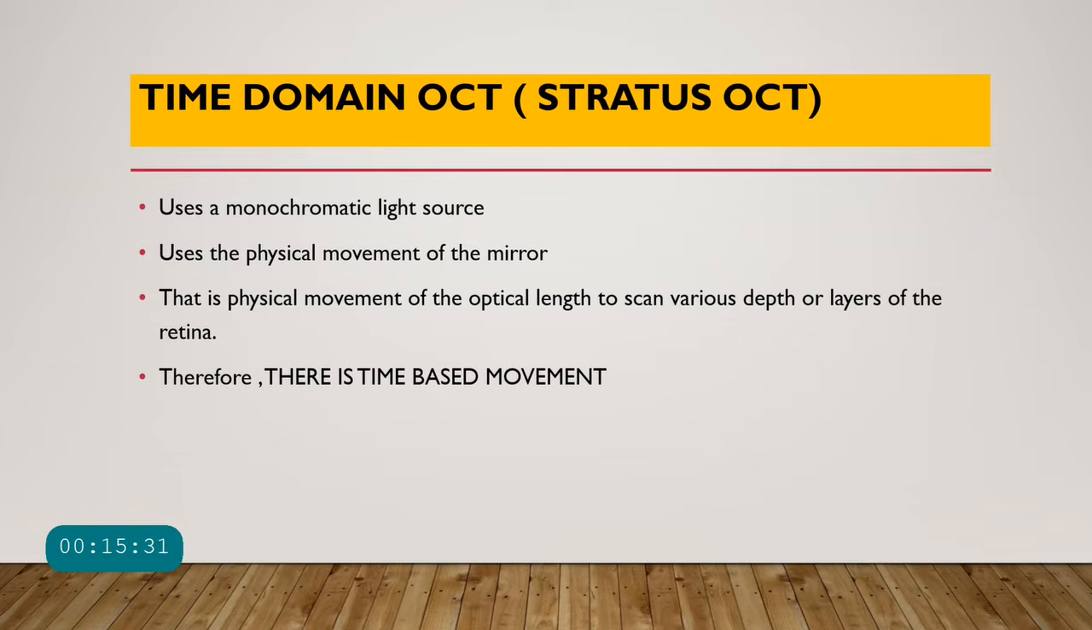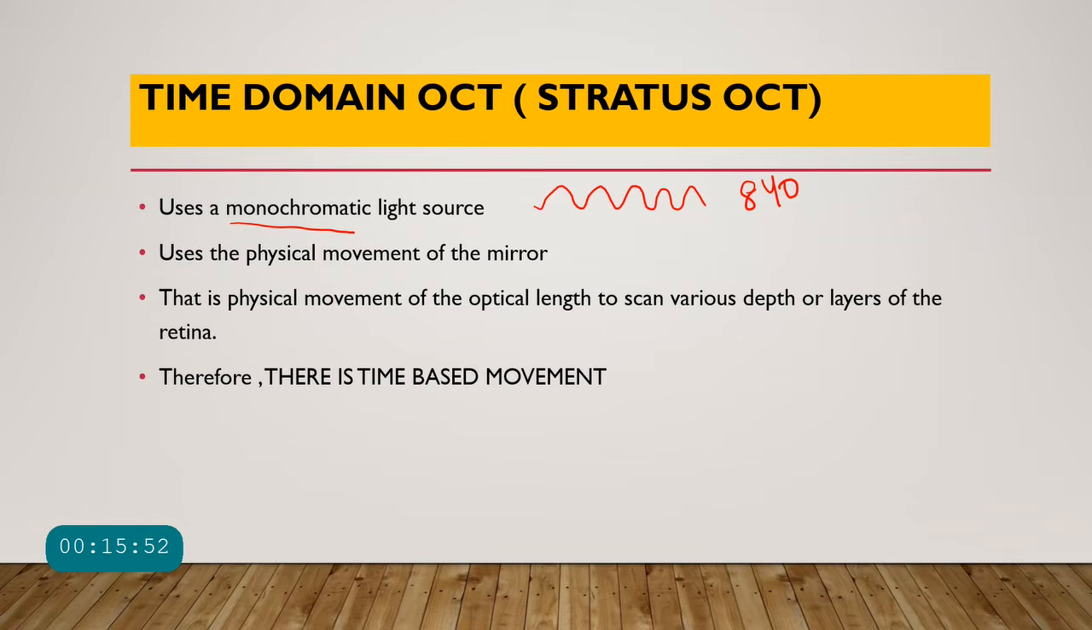So in the time domain OCT, commercial OCT is the Stratus OCT, in which the light source that we are using is a monochromatic source of light. A monochromatic source of light is one in which there is only one single wavelength which is present, right? And usually the wavelength which is used is about